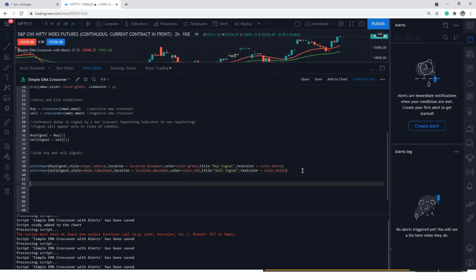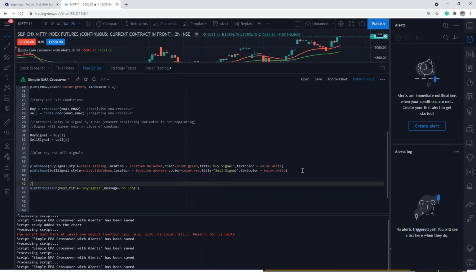Now next thing, I'm going to create an alert. I can create an alert saying alert equal to alert condition, buy 1, comma, title equals, you can give a buy signal, comma, what kind of message you want to show in your alert. You can say message equals go long.